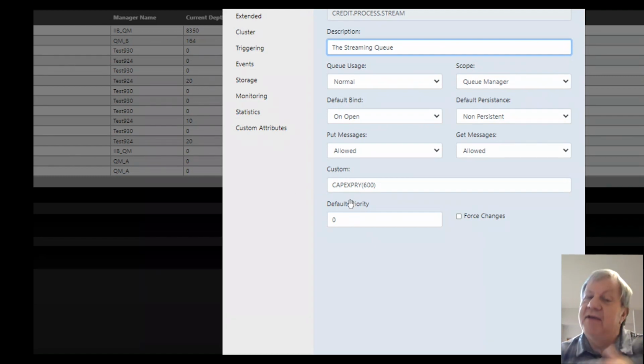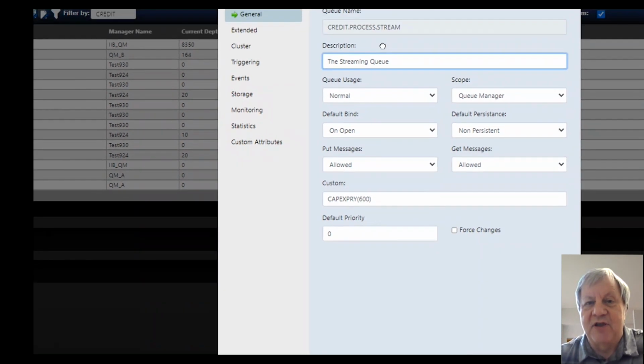But for the point of demonstration, either way of setting cap expiry, I'm now setting it on the stream queue. So if I use this streaming name, that's the one it's streaming to, I set the cap expiry on it.